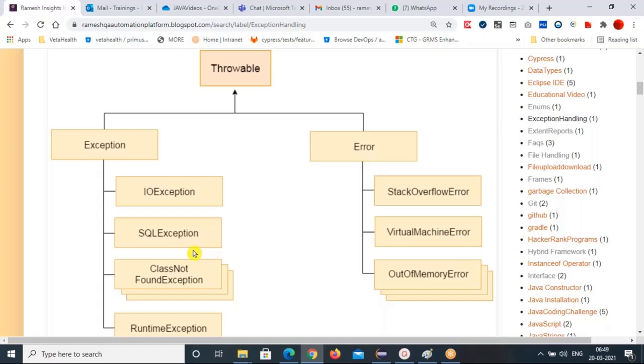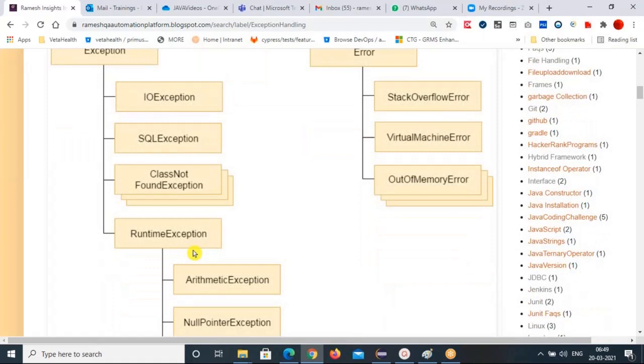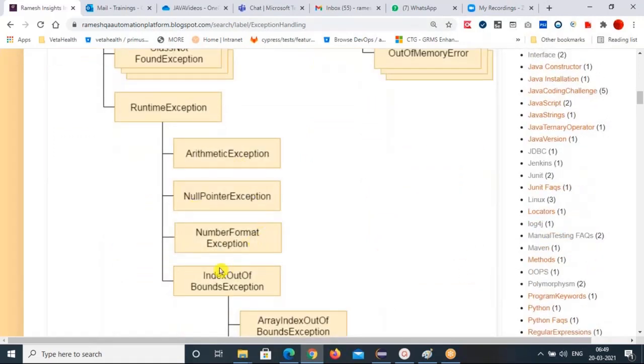What about runtime exceptions, or unchecked exceptions as we call them? The classes which inherit the RuntimeException class are called unchecked exceptions, and these occur at runtime only. Runtime only means when you execute your program, then you will get these exceptions.